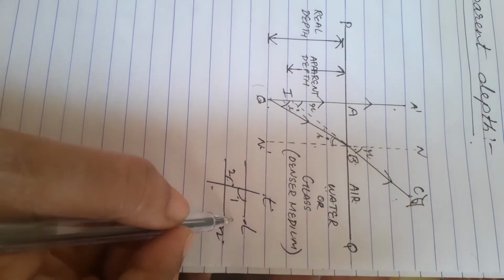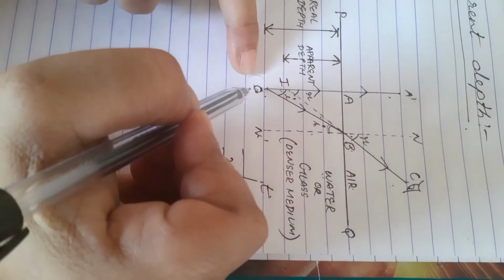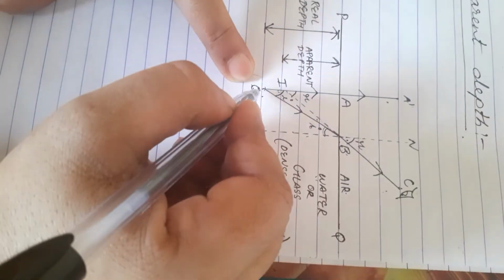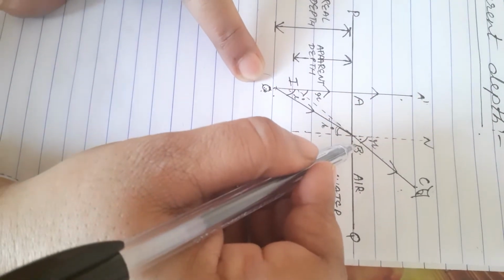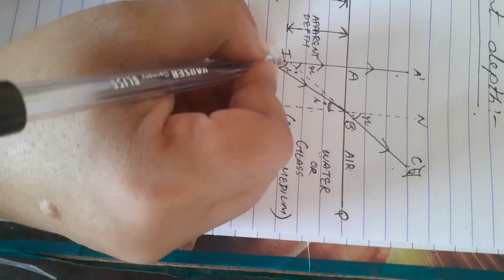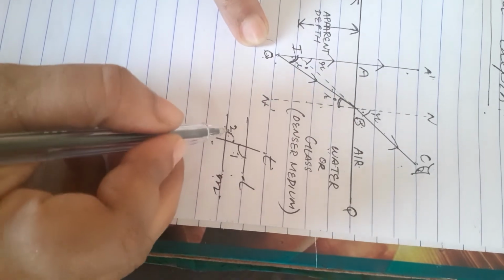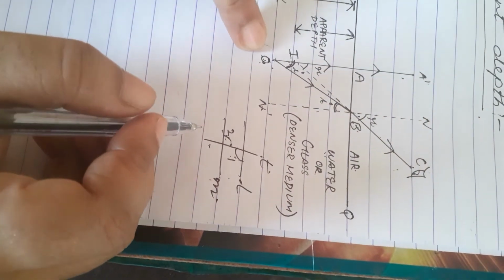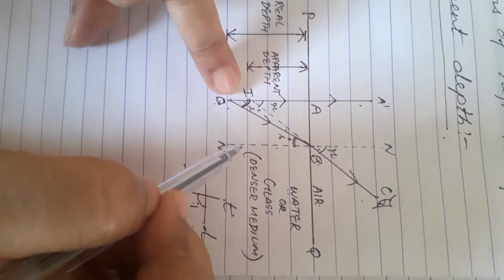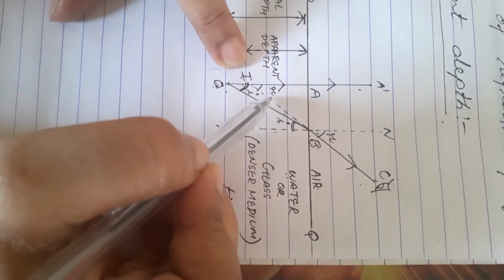That we have used this concept. These are two parallel lines. A dash O and N dash are parallel lines, and this OB is a transversal. So this angle will be equal to this angle. That already I have told you, because they are on either side of the transversal, so they are alternate angles. In the same way, again same parallel lines are there, but now this IC will be the transversal.